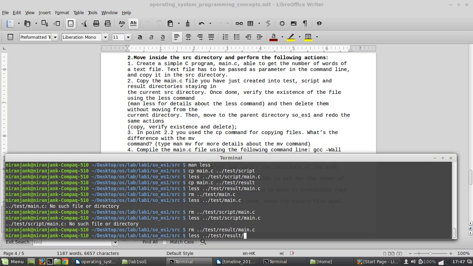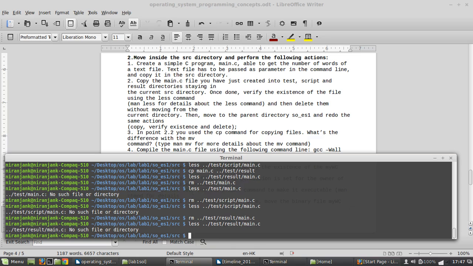Now let's verify it. Yeah, it's removed, so everything is done. Now what we have to do is redo the same action. So I suggest you guys redo these same instructions by moving yourself to the main parent directory,